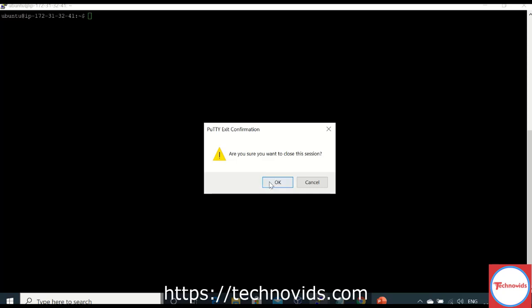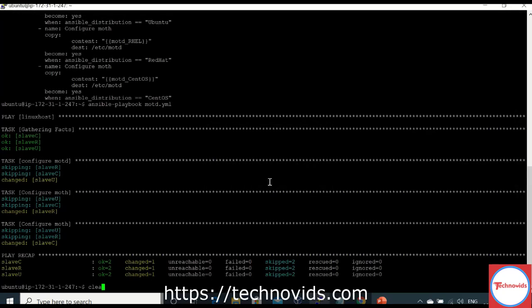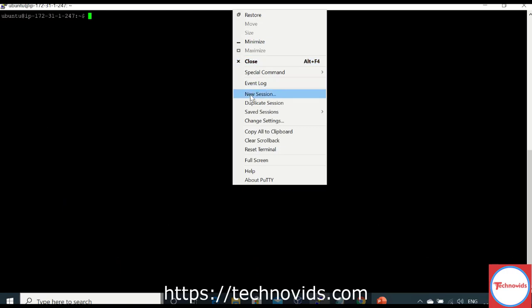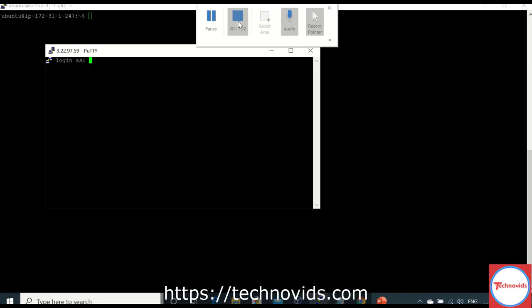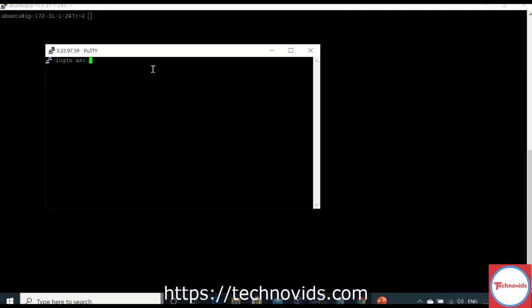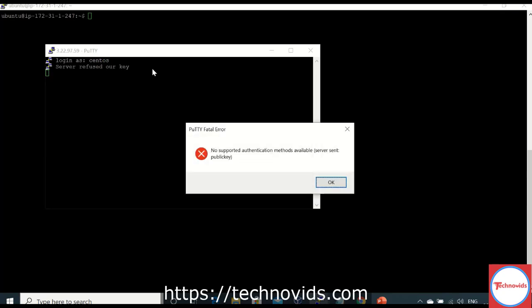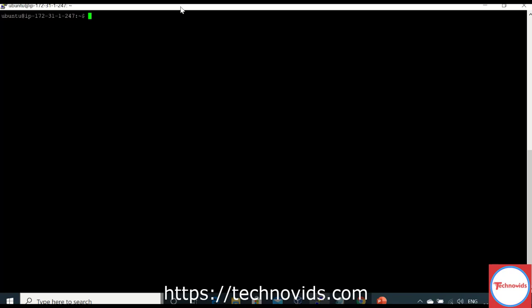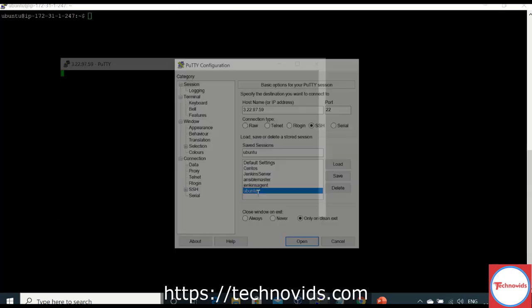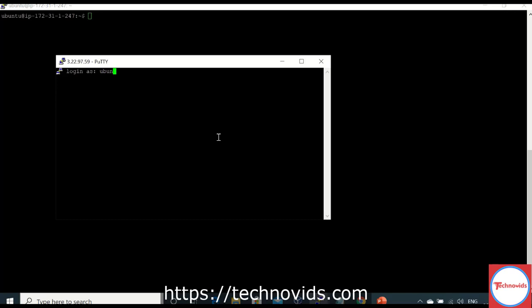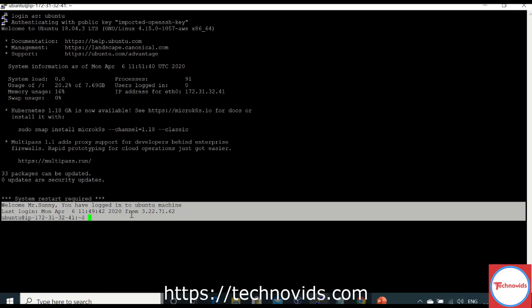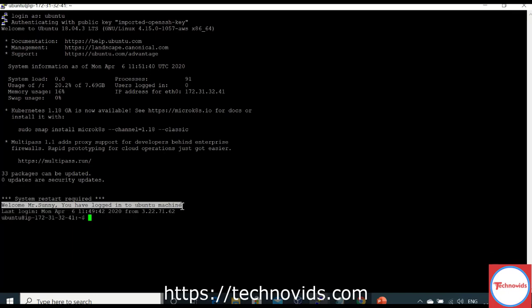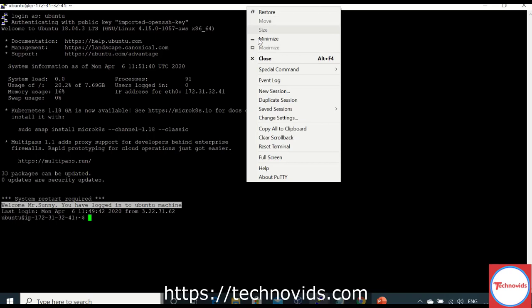Okay, so my playbook has succeeded. Now let me go to that machine and log in and check. Sorry guys, let's go to the Ubuntu machine and check if we have the message of the day. Great, we can see the message of the day, which means our playbook has succeeded. Let's check the CentOS machine.